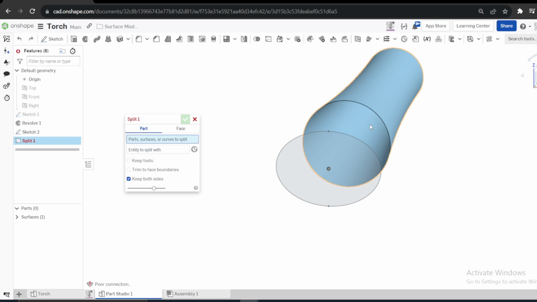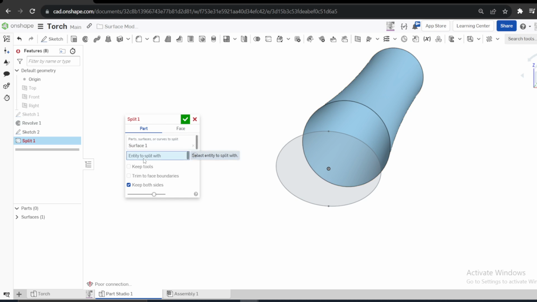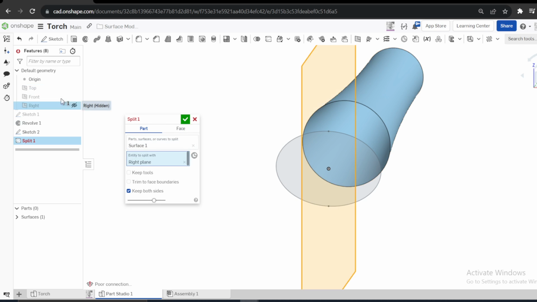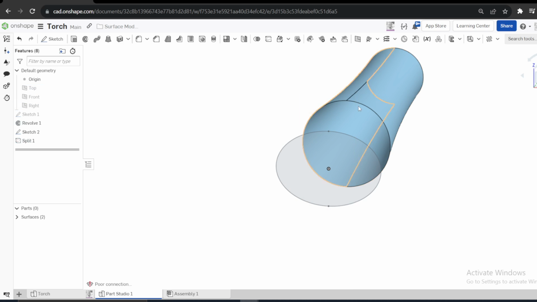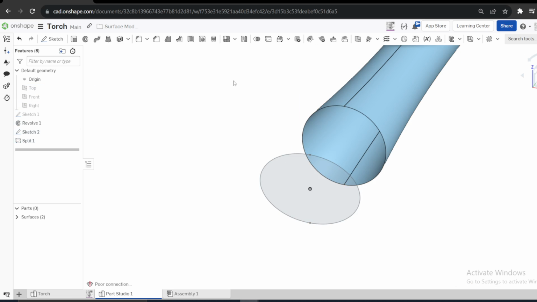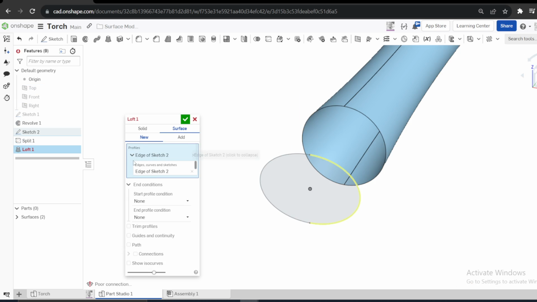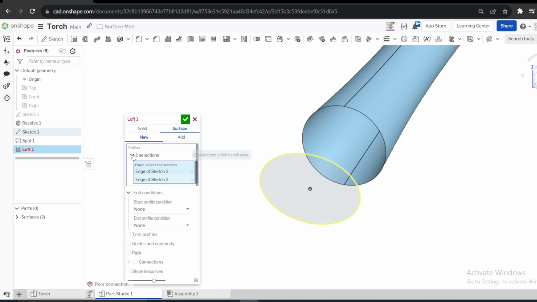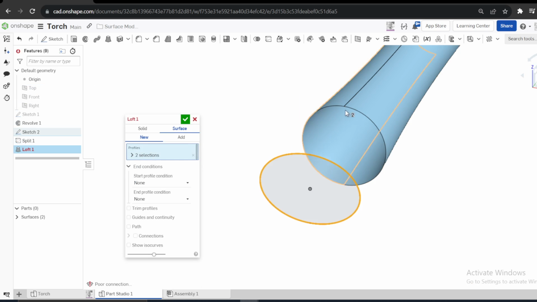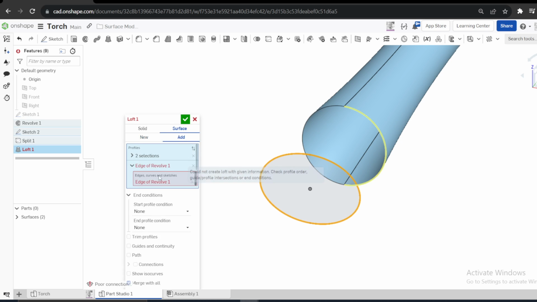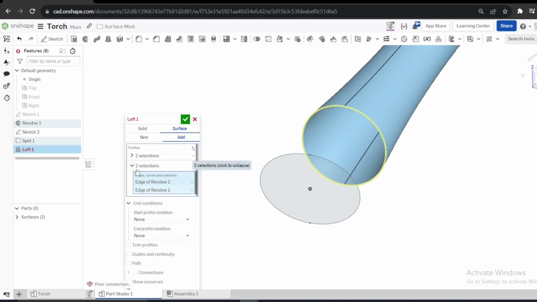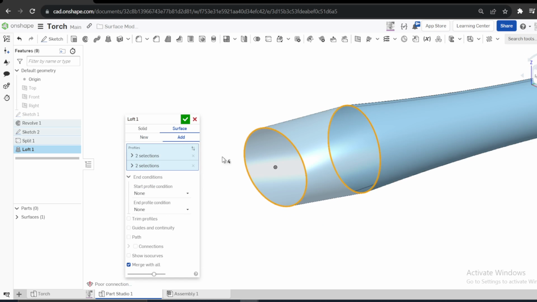I'm going to split this part using the right plane so that I get this point. These are the points I'm looking for, because these are the points that will connect when you loft. Therefore, next is loft a surface, this surface edge, then add this edge to make sure there are two selections. Same case applies here. Then you add this,